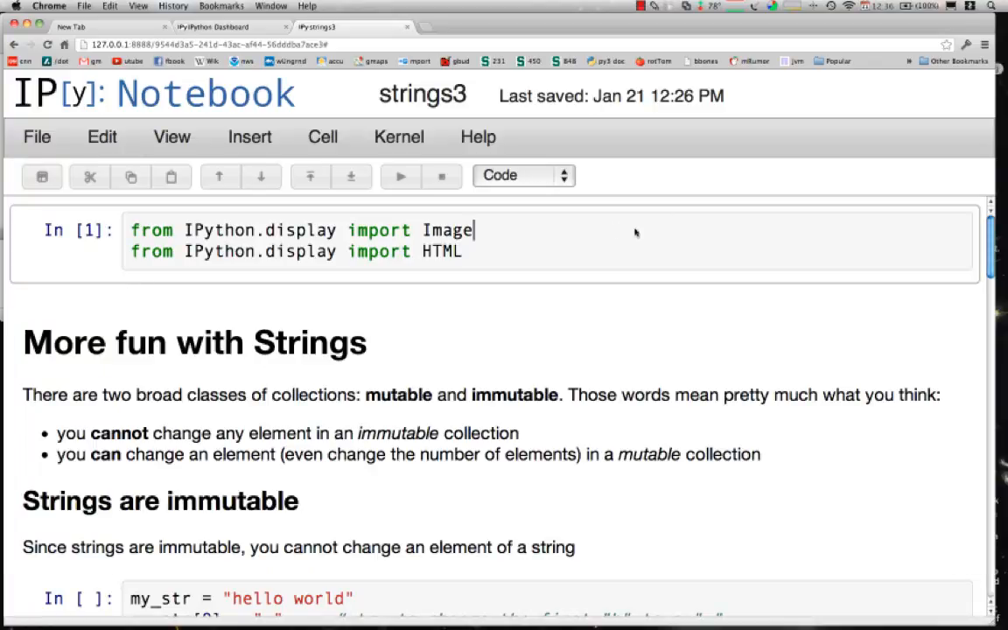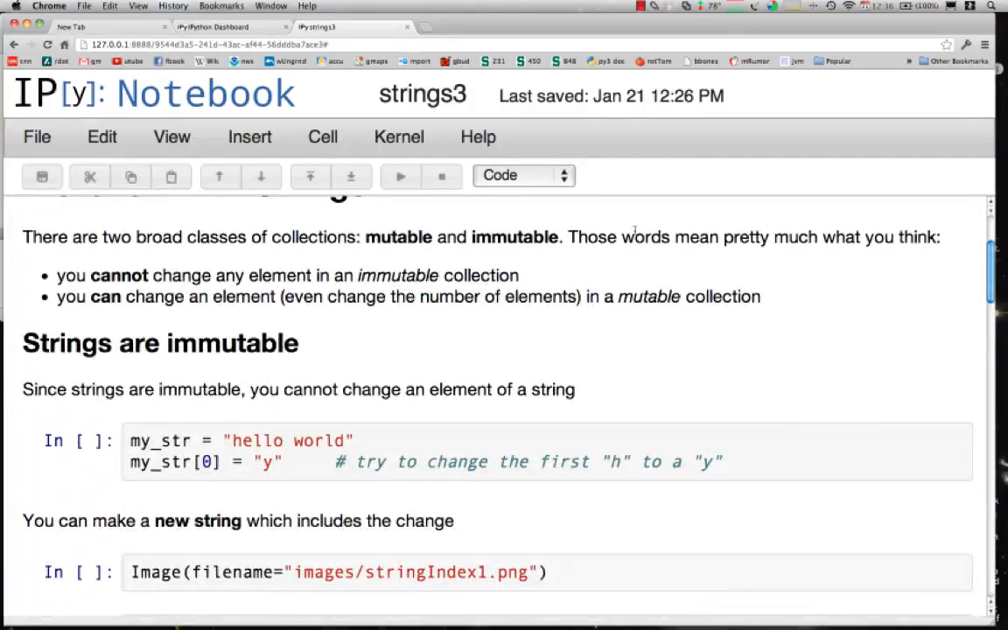So we titled this More Fun with Strings. Where we start is that for Python in general, every collection is classified into one of two types: either a mutable collection or an immutable collection. Those words mean pretty much what you would think. An immutable collection is a collection that you cannot change. A mutable collection is a collection that you can change. And interestingly, strings are an immutable collection, and by that I mean you cannot change the value of a